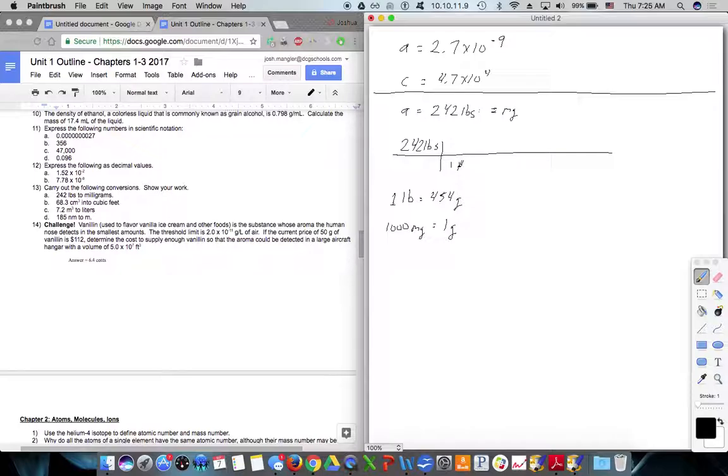So 1 pound is 454 grams. And then we have 1 gram is 1,000 milligrams. And we can get rid of the units here. They cancel. We end up with a value of